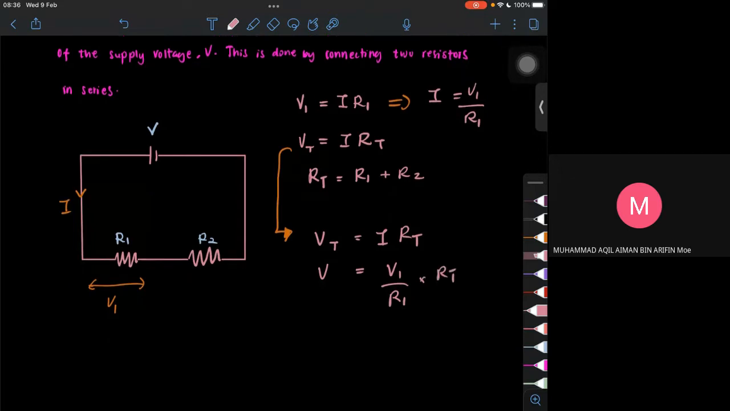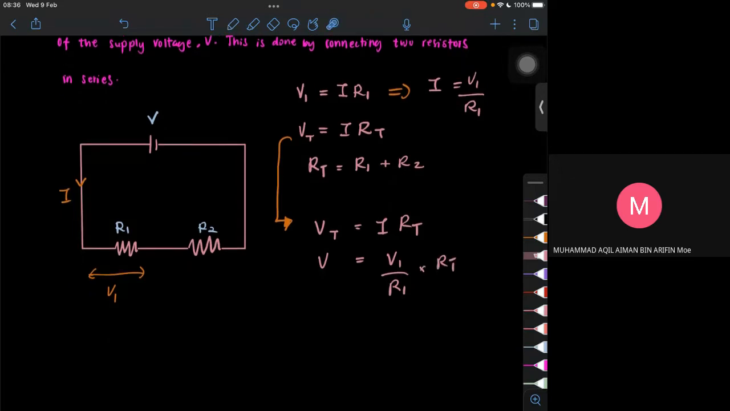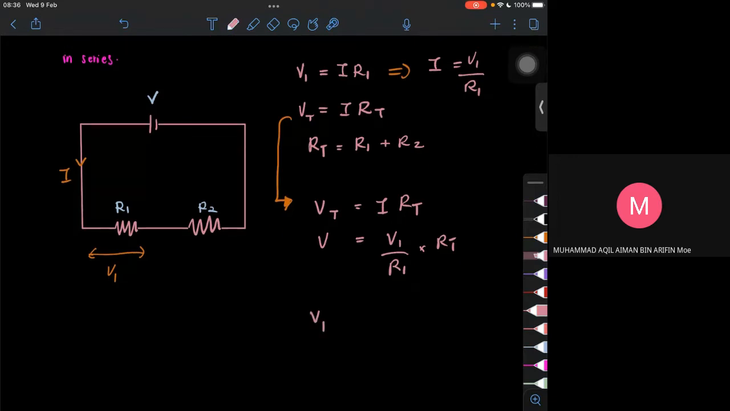R total. And then because our aim here is to find the voltage at a specific resistor, we need to write the formula, rearrange the formula in terms of V1 is equal to what? Okay, so we will rearrange here. V1 will be equal to